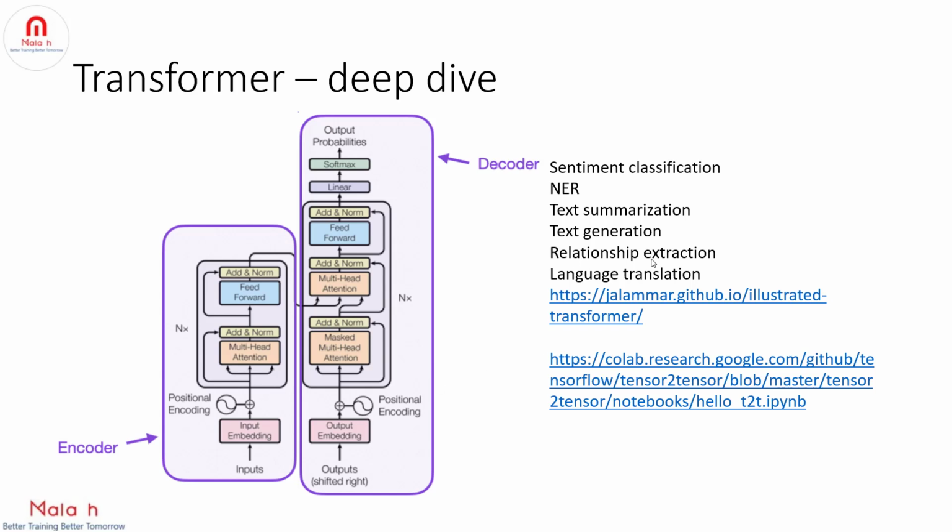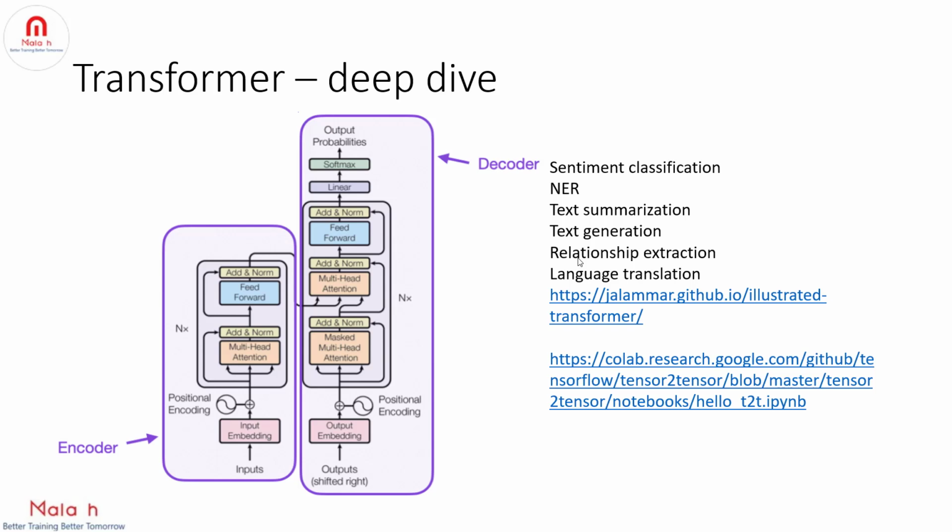The next example is relationship extraction. For example, let's say you have two companies. Company ABC acquired company XYZ. So here the relationship is "acquired". You can represent the relationship and create a knowledge graph for a better understanding of the relationship between ABC and XYZ companies. So you can go through the relationship extraction and quickly prepare a report. In this case, you are not trying to generate anything. You're just trying to understand the relationship between two entities. So you can just use an encoder model here because you are not generating anything.